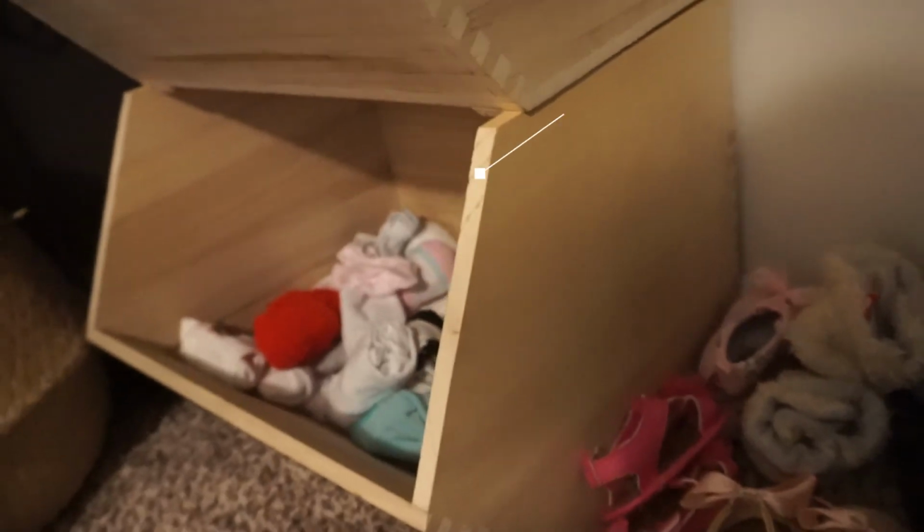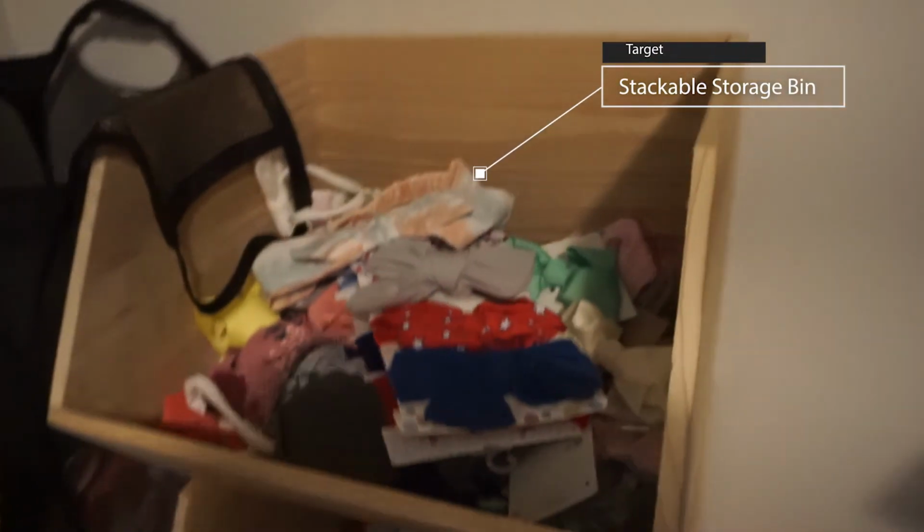And then directly to the right of her dirty clothes basket, I actually got these shelves. I was gifted these for our baby shower. And I'm gonna be honest with you, when I first saw